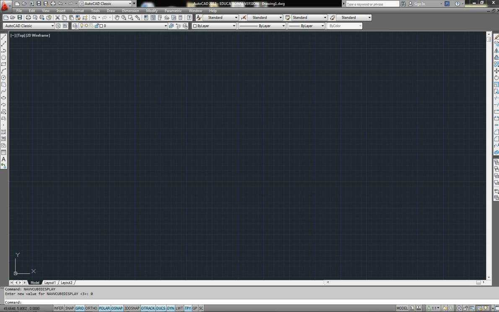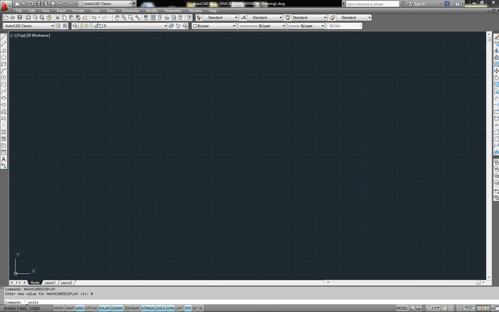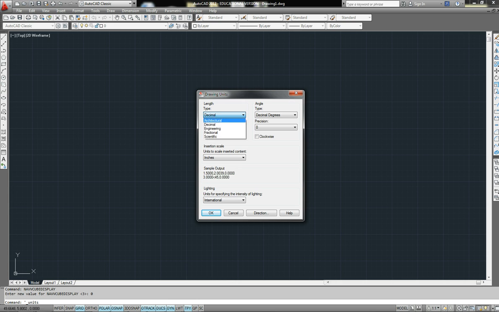This tutorial will cover the PDF tutorials 5 and 5A on using the line and shape commands, and also how to use the object snaps, or OSnap for short. The first thing I've done here is opened up a new drawing with the standard ACAD template. As usual, I've turned the nav cube off, and I want to change my units from decimal to architectural. So again, I do that by Format, Units, and change from decimal to architectural with a precision of a 16th